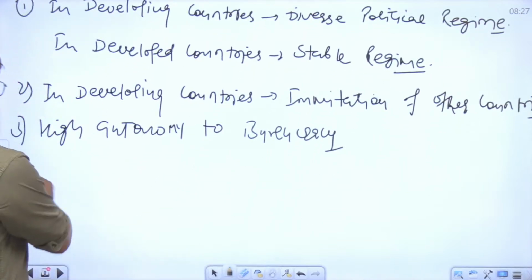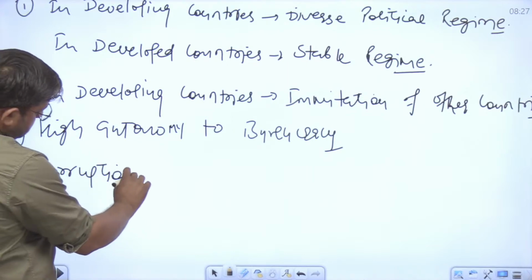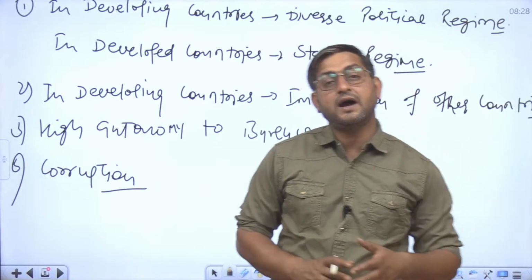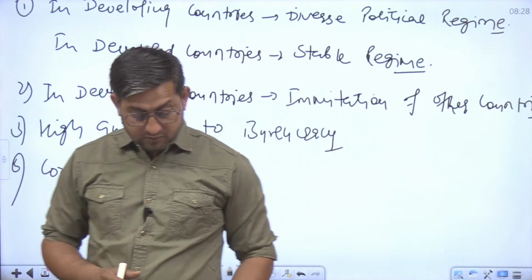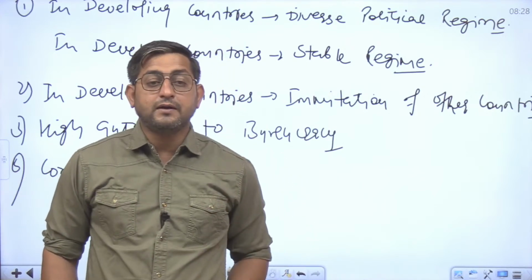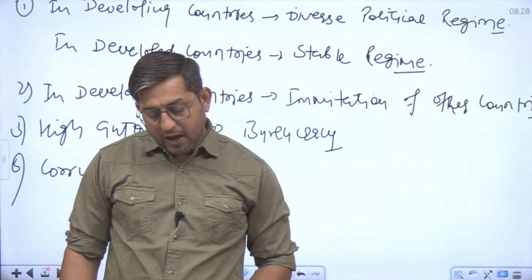नेक्स्ट वी हैव द करप्शन इन द डेवलपिंग कंट्रीज। so the component of corruption is very high in the developing country। इसलिए जो होता है ये डेवलपिंग कंट्रीज होती है डेवलप्ड कंट्री से अलग होती है।